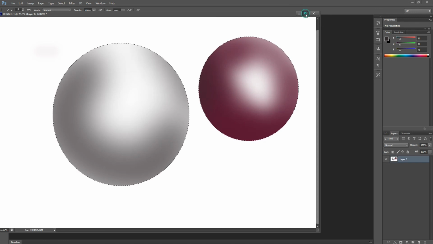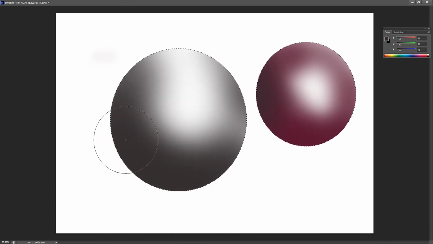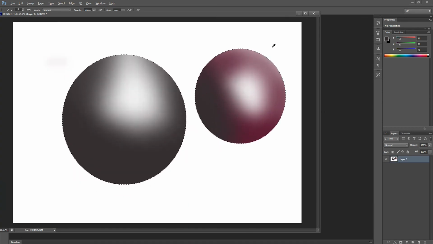We can see this in full screen. When we apply more and more times, it's going to be darker and darker. It's best for shading.